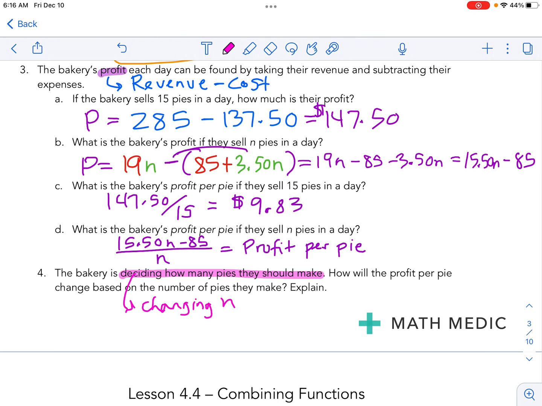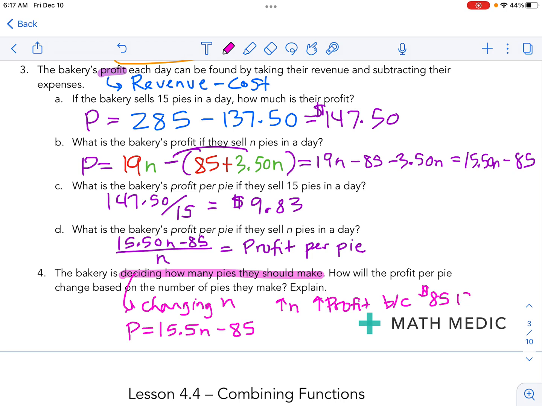So I mean, we can go back and say, well, the more pies they make, the higher their profit is, because the bigger n is getting, right? We can see that right back here in part B. The more pies they make, the bigger this number gets, and since this is fixed, the bigger this whole total gets, because the 85 is that overhead that's not going to change. If we look at the profit expression in this form, it's probably the easiest to draw the conclusion that increasing n increases profit